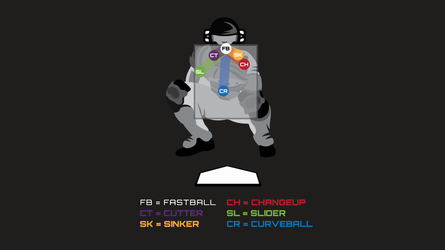So if we were to throw a fastball, it doesn't actually fly completely straight. It drops with gravity over its flight. But for all intents and purposes, a fastball is straight, right? It goes where you hope it would go. You aim at the mitt, it ends up at the mitt if you hit your spot. So all the other pitches, because they have break, even if you were to start them in the exact same location, you're starting this cutter here, with the same trajectory, because it has its difference in spin, it's going to break a little bit off that trajectory and end up in a different spot.